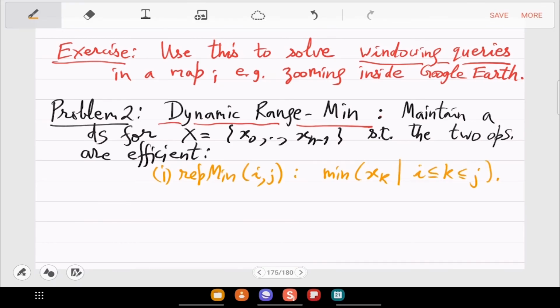But the twist here is that it's dynamic, so things can change. You can update the ith entry: x_i can suddenly be changed to a. So in a sense the whole array is continuously changing.